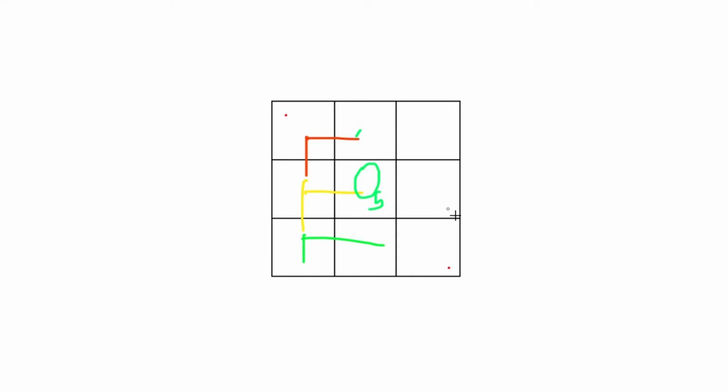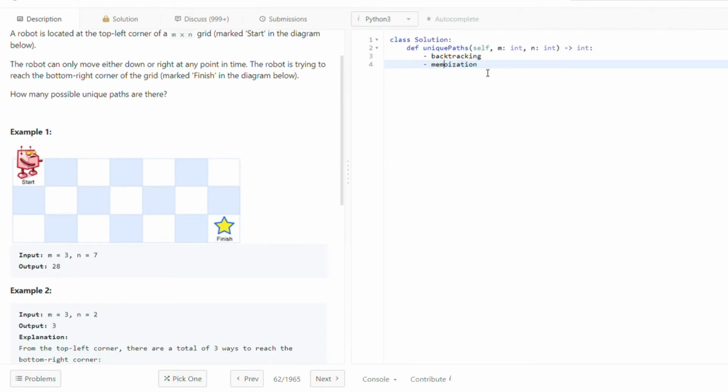So when you again come to this point, instead of solving it again, you just say that okay, I have come here once and the unique paths were 5. So instead of solving it again, you will just use the stored value, and that will decrease your time complexity, right? So that is one approach that you can take.